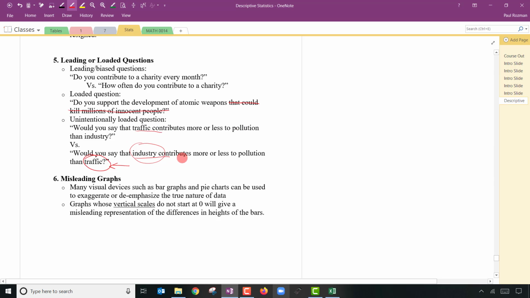And these two questions are terrible. I'm not even sure what you're supposed to say because it adds more or less. Like if you say yes, what are you saying yes to? If you say traffic, what are you saying? Is it more or is it less? So I think every answer might be correct in this situation. Yeah, terrible question. I think lawyers do this.